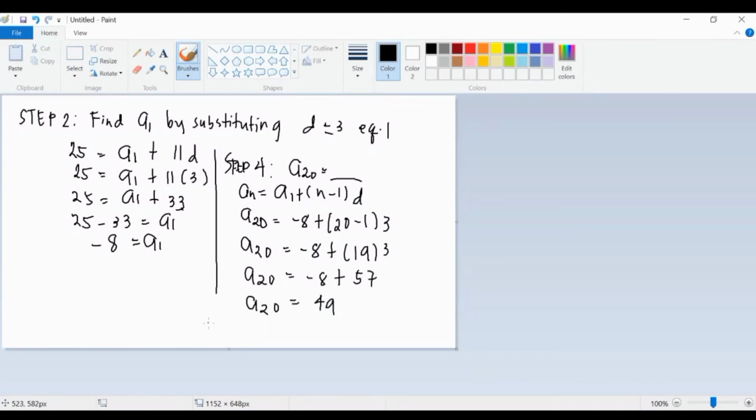Since we're talking about the harmonic sequence, the 20th term of the given harmonic sequence, just get the reciprocal of 49. So we have a sub 20. Our a sub 20 is 1 over